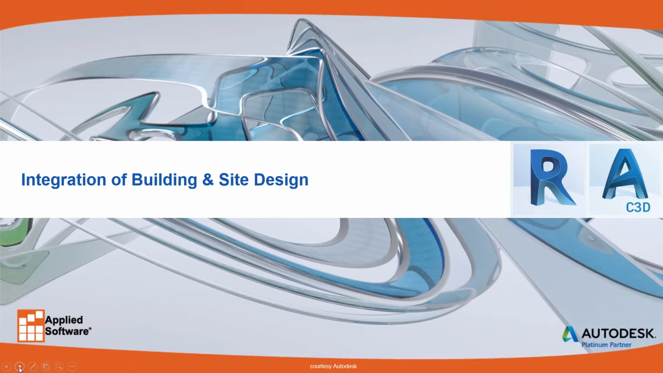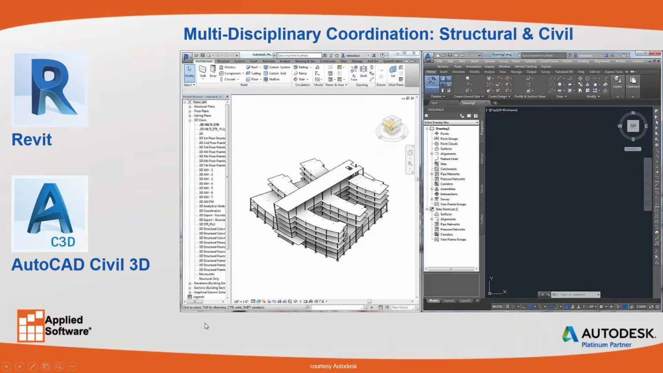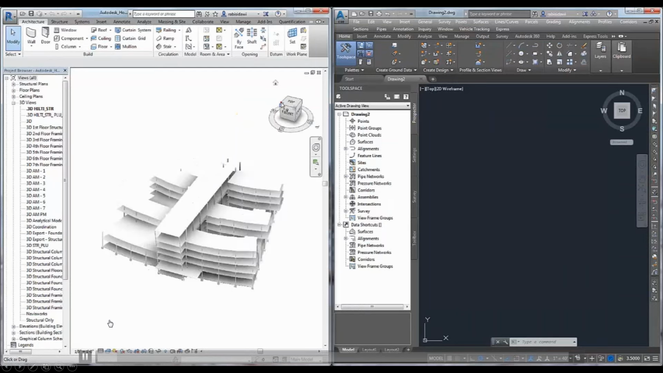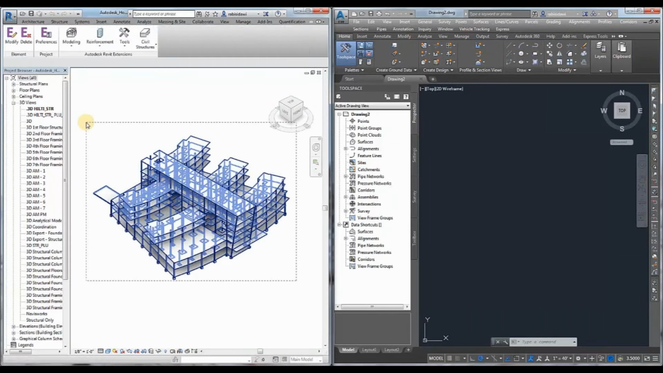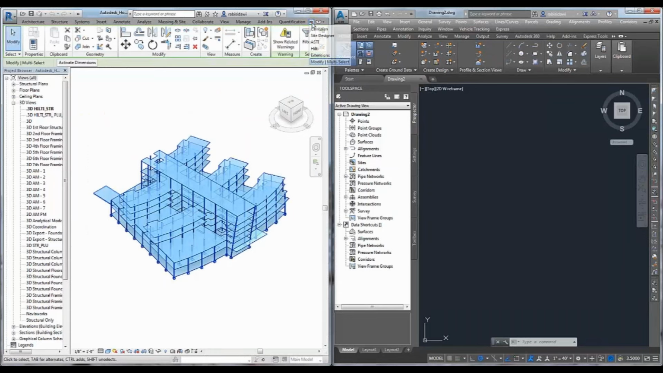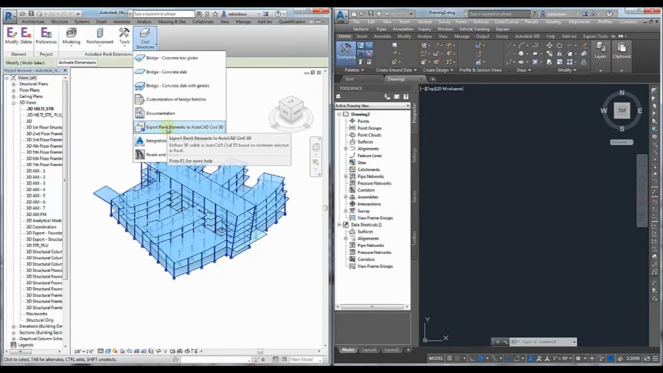All right, so what else can we do with this tool? We can integrate a Revit model and send that entire model into Civil 3D. So this happens to be a hospital, a structural part of the hospital, and we're using the export Revit elements into AutoCAD Civil 3D. This tool, in my opinion, beats the ADSK file format that was used in the past,